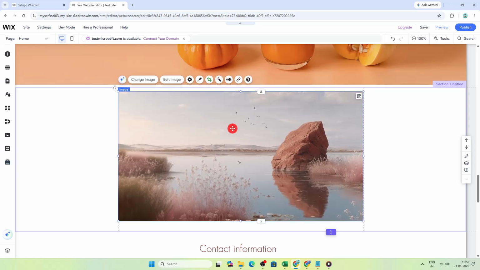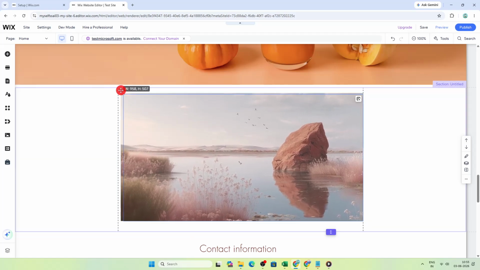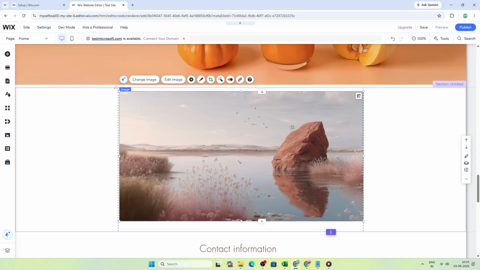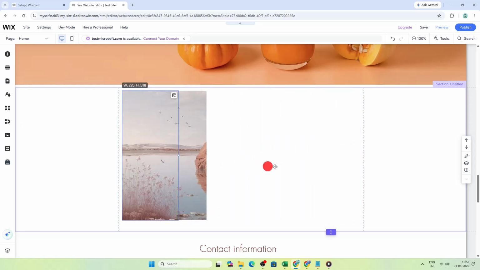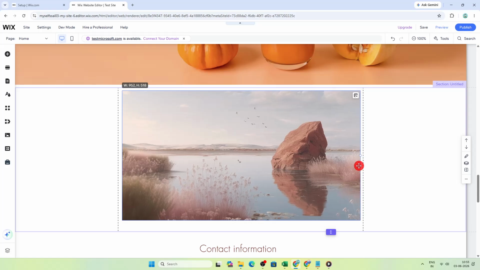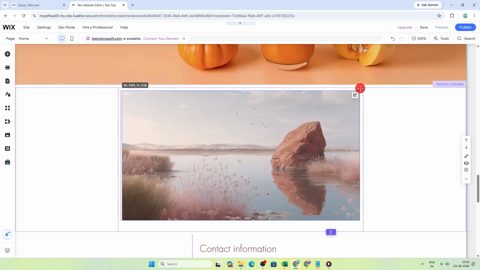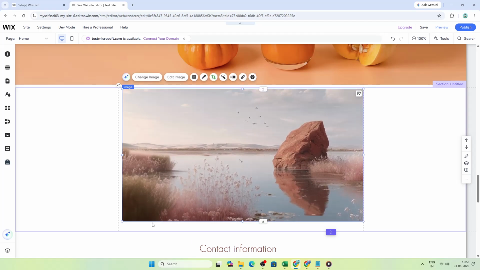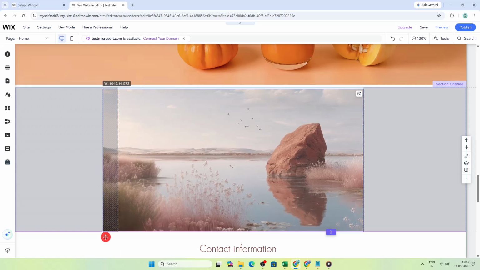Try to avoid dragging only the top, bottom, or side handles, unless you intentionally want to stretch the image. Side dragging changes just one dimension at a time, which can skew the image and make it look off. In most cases, that's not recommended for photos because it can reduce the overall quality and make your site look less polished. So, as a general rule, stick with the corner handles whenever you simply want the image to fit